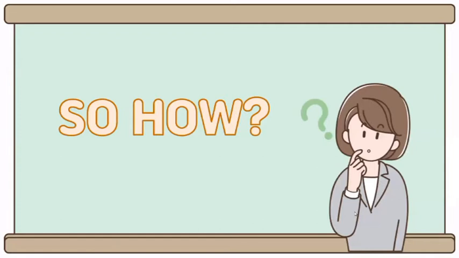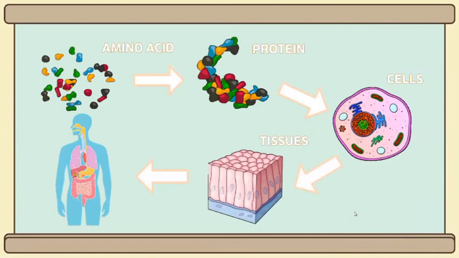This is the process on how our body is composed. First of all are the amino acids. Amino acids are chemicals that are the basic building blocks of life. These amino acids are compounded with each other to make up proteins, which are molecules that do crucial roles in our body. These proteins build up cells.